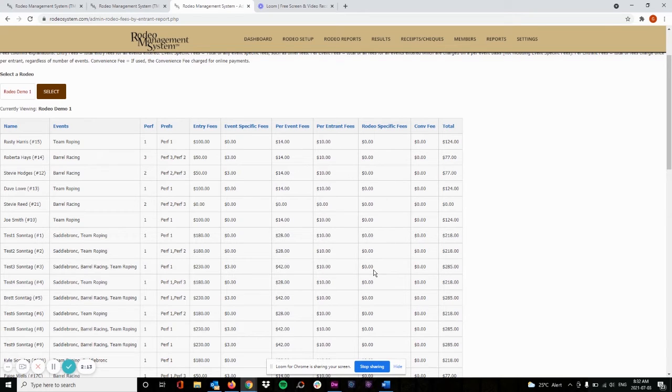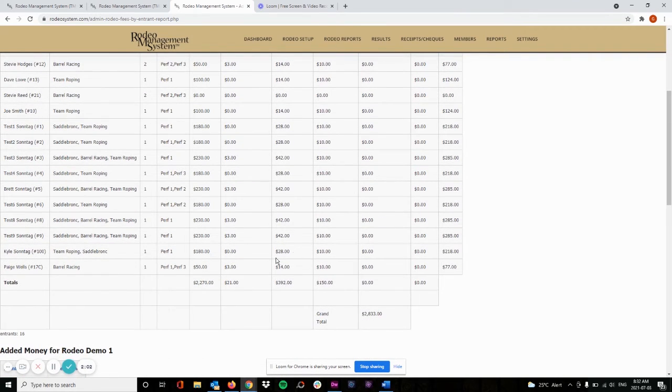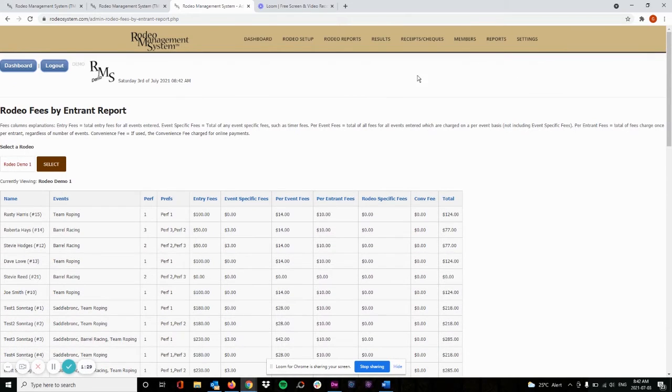any rodeo-specific fees, in this case we have 0, any convenience fees if they've paid online, and a total of the fees that that member should have paid. And of course we have at the bottom of the table some totals and a grand total of all of these amounts. Next we will look at the